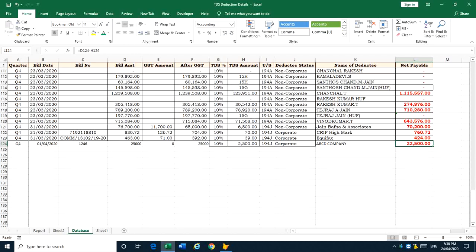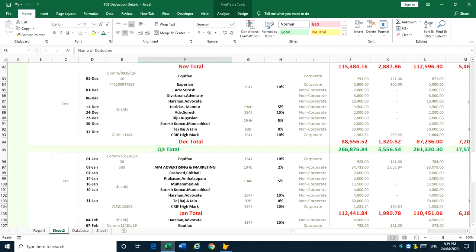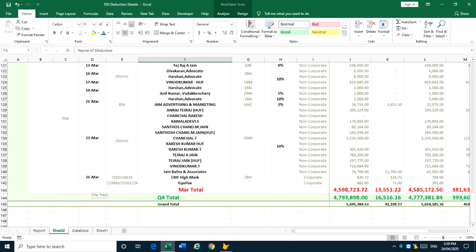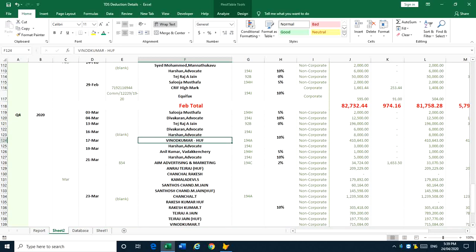Go to the end. It will update here as April 2020. Right click, refresh. Now it came here. 1st April 2020, ABC company, April total.